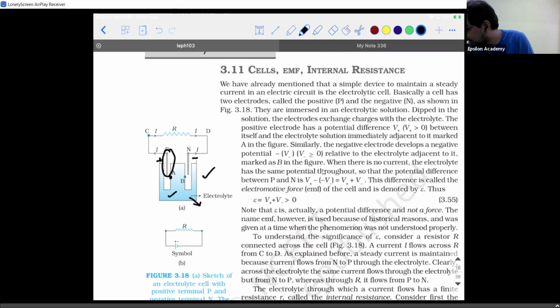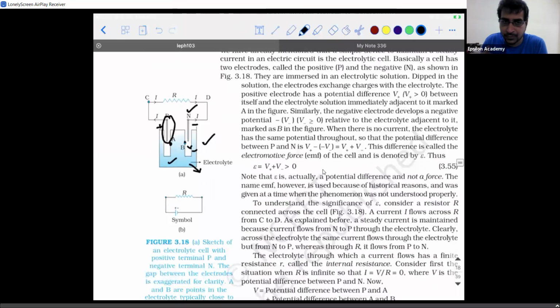Similarly, when a negative electrode is dipped into the electrolyte, the electrolyte is neutral and the negative plate is obviously negatively charged. So there is a potential difference between the negative plate and the electrolyte, which I will call V minus. I hope this point is clear, right? Now the question is, if there is V plus existing and V minus existing, and you are able to calculate